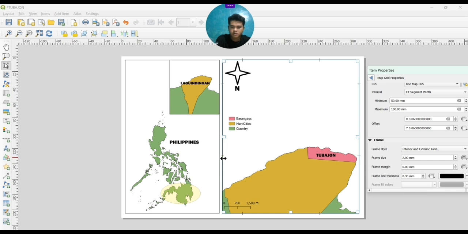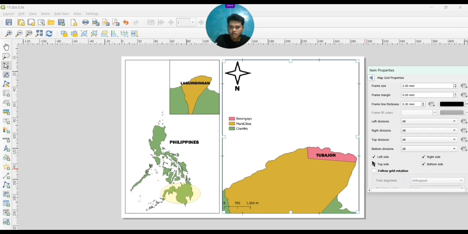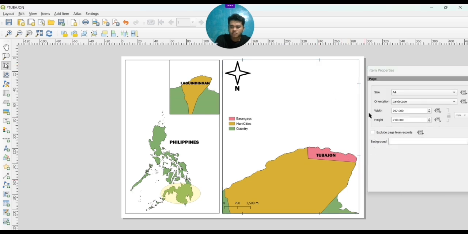We just want to adjust some features from that. So next we have to scroll down, and then we remove these checks, the left side and the top side. We remove that, and we will remain the right side and the bottom side.